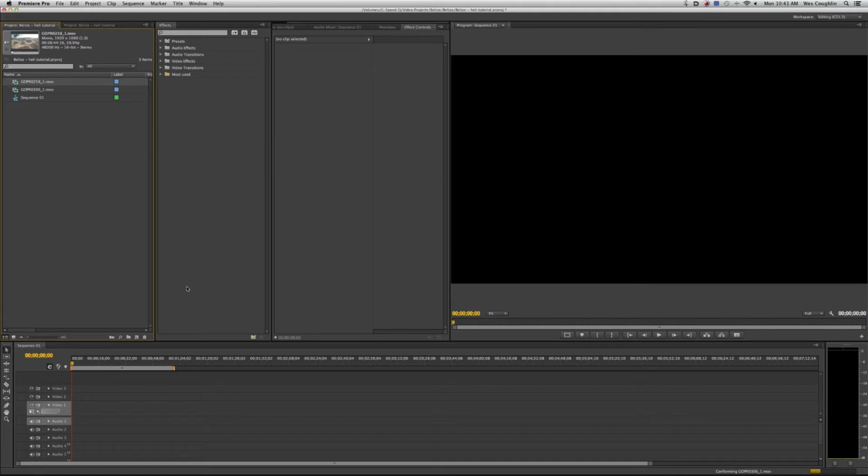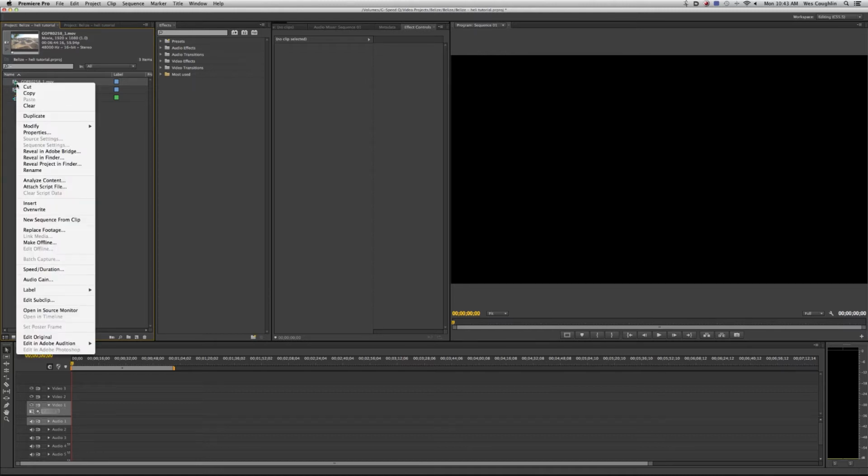What we need to do to start editing is interpret these video clips so that instead of playing back at 60 frames a second, they play back at 30 frames a second to match our timeline or sequence. So what that does is when we convert it down to 30 frames a second, it's actually going to make the video twice as long. So right now it says it's at, I think, 6 minutes and 44 seconds. So if we right click, go to modify, interpret footage,